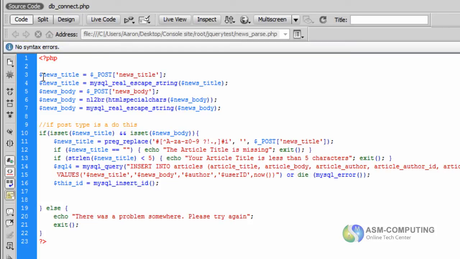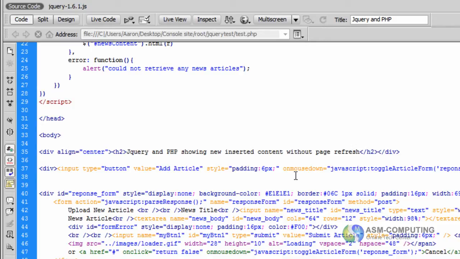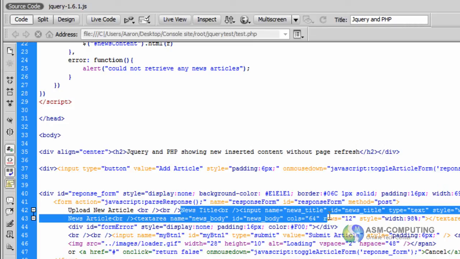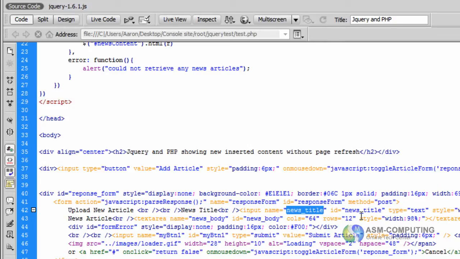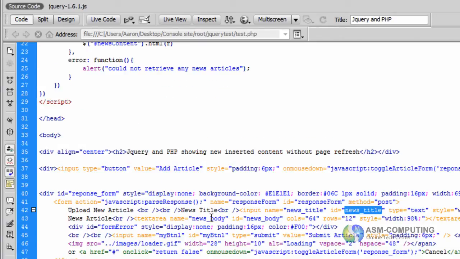Okay, so news title is going to be equal to post news title. I'm getting these from our Ajax post method, but I normally keep mine the same as my input. So where our title is being shown, it says news title, and that is going to be referenced to this one here, so news title, and news body is news body.